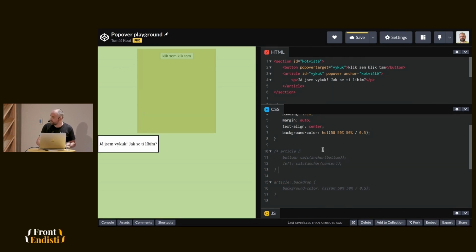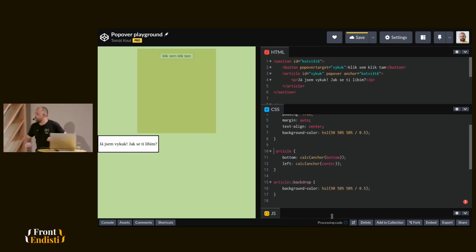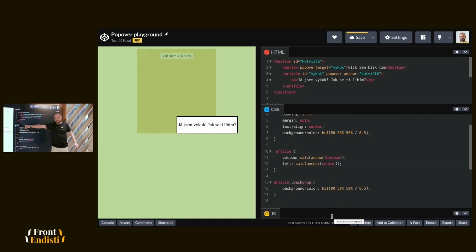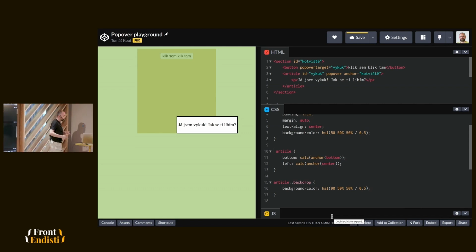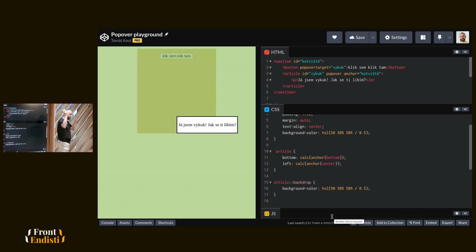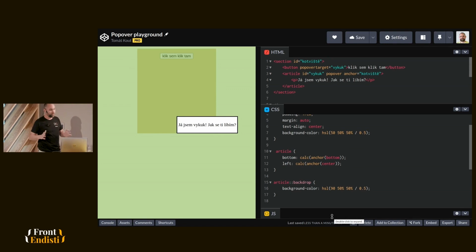Okay, live coding as usual. So delete it in a simple way. So now we are positioning the popover using this anchor function. Sorry for my terms, which is now defined by the ID and the anchor here. And you can also do much more. You can set up these anchors in CSS using custom properties and much more.